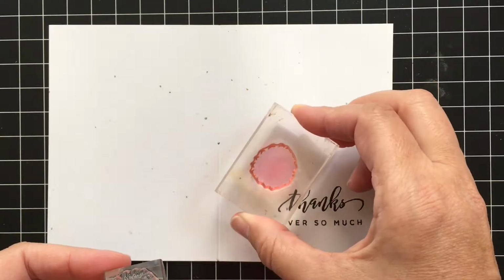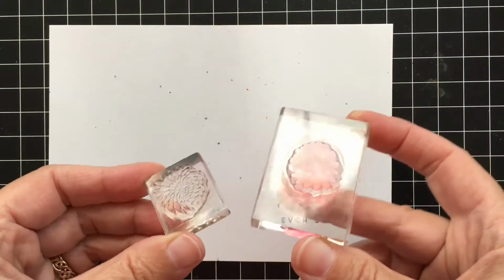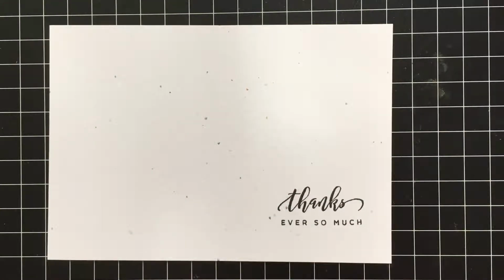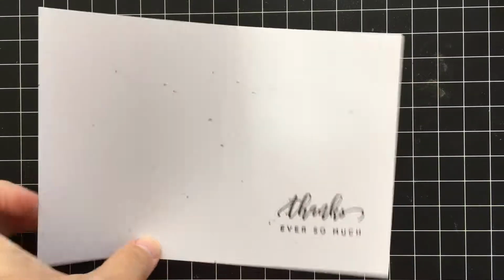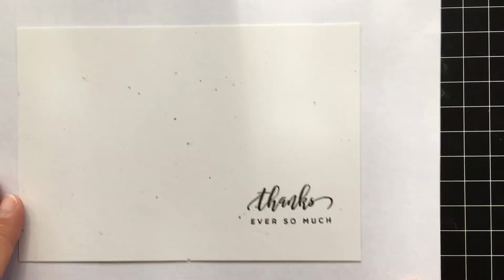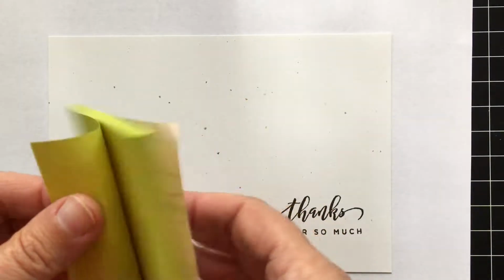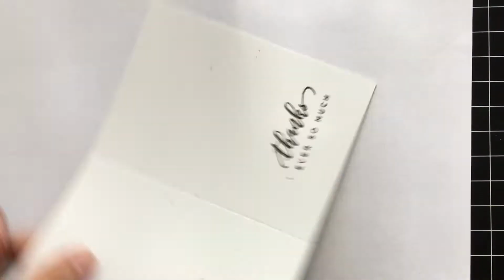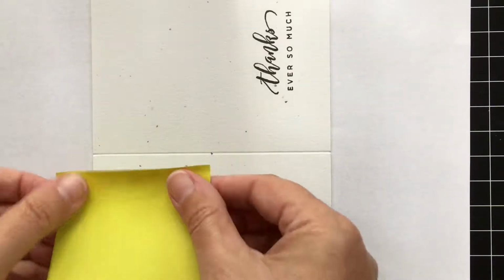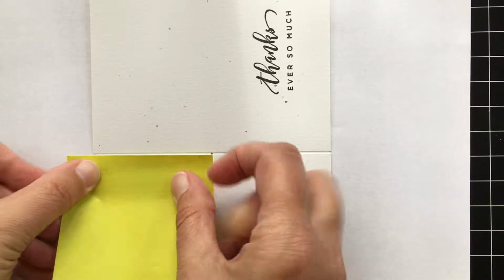And then I have here two of the flower stamps from that fall plant set by Jasmine Jones. And I'm going to be stamping all over the front of the card. And so that I keep a nice crisp edge along the fold, I'm going to take some Post-it notes and I'm just going to cover up the edge. That way I can stamp the flowers right over top of the edge and have them bleed off the side of the card. So I'm just putting on some Post-it notes right here,